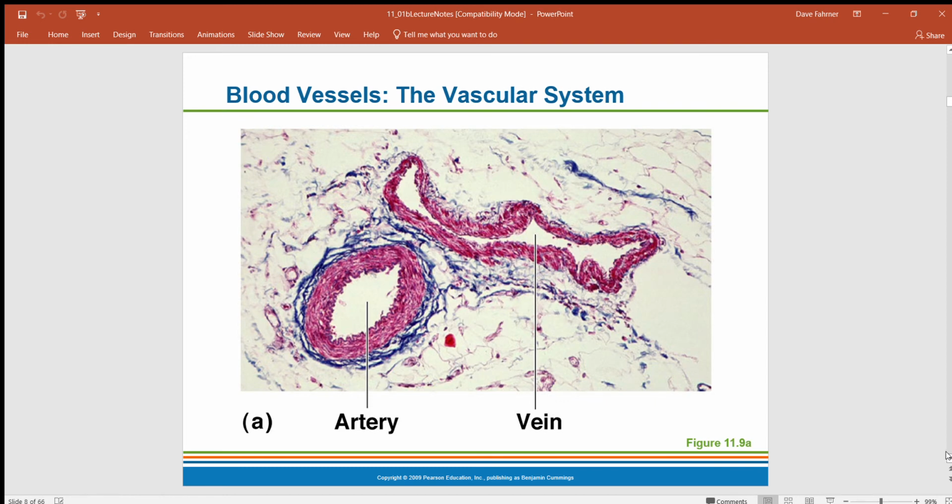When we look at the different blood vessels, we can see from this diagram that the artery is put together in a much different way than the vein is. The veins are flatter, although there's a larger lumen. A lumen means the space involved. When that vein is filling up with blood, it's going to have a lot larger space in there. The artery, on the other hand, is going to be more rounded. It's going to have more of a thicker wall. You can see the basic difference there.